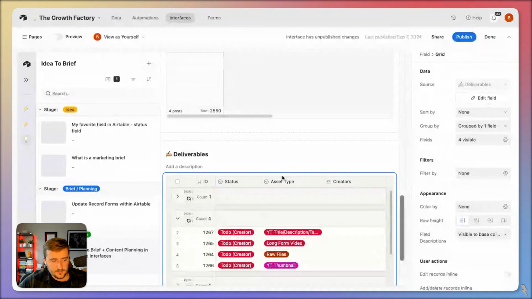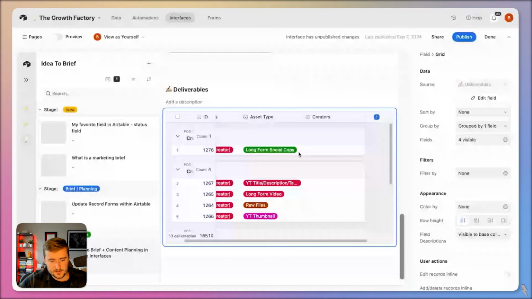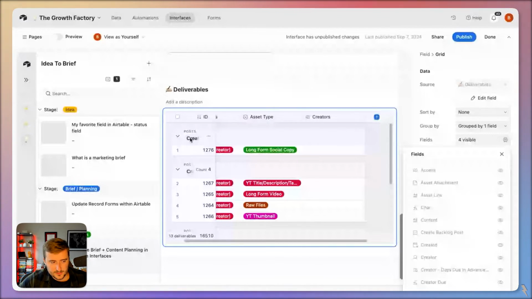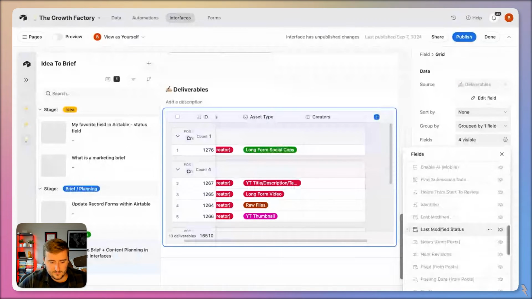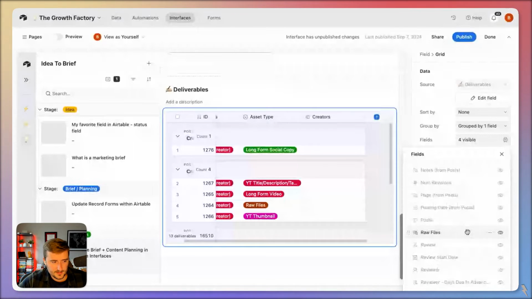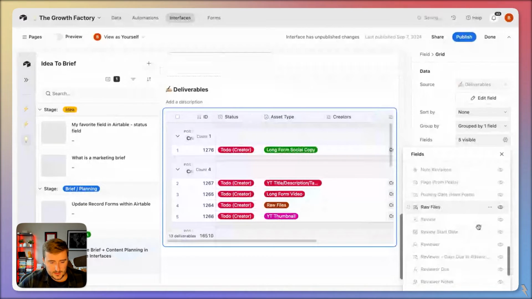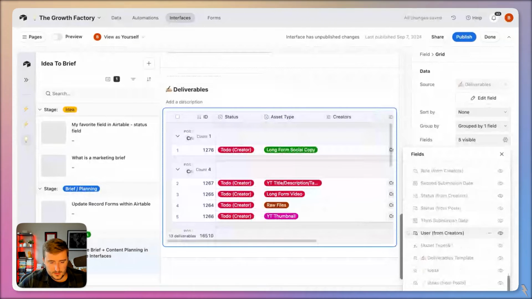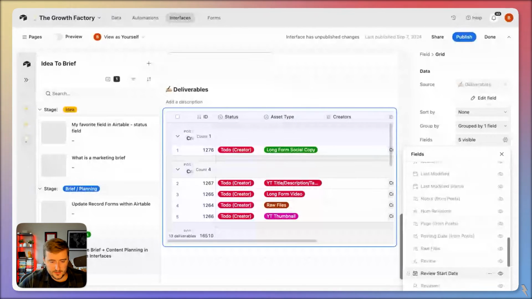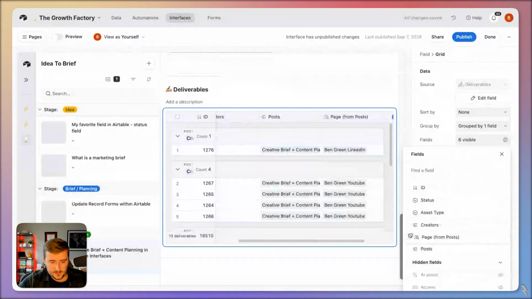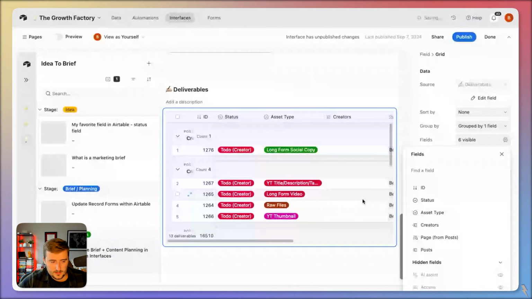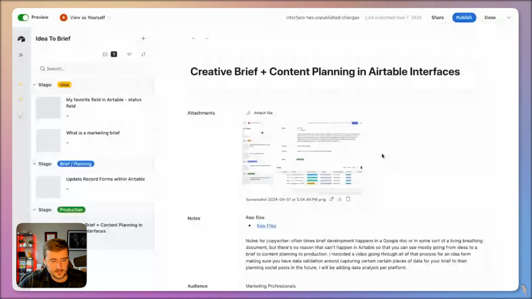So like, for example, this post, let's actually start just showing some more fields. I wish this grouping would let you just show it, like have the grouping not stop as it goes across, but I'm splitting hairs at that point. So let's show posts and let's show, really, I want to see platform would be the main thing. Page, let's show page from posts. Okay, so if I go back up here, let's pull that to right there and let's preview this. So if I scroll down here now,